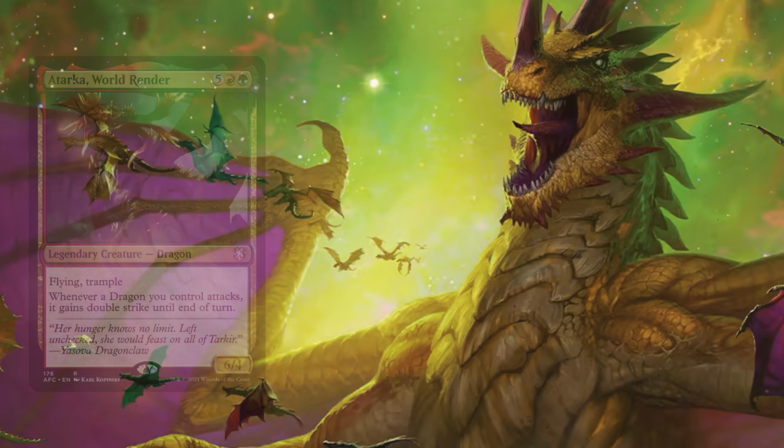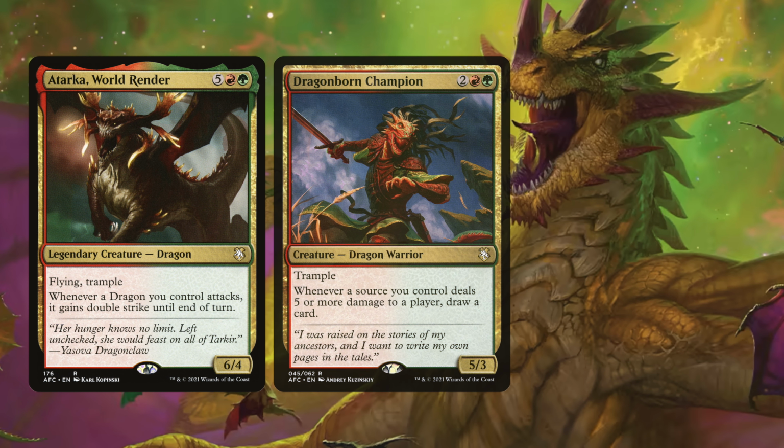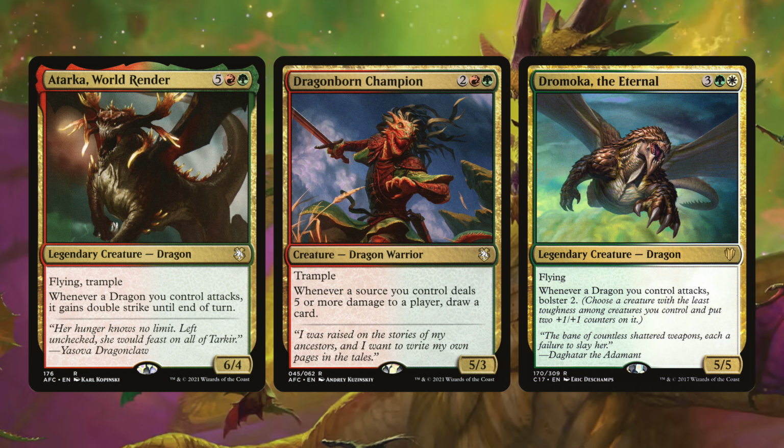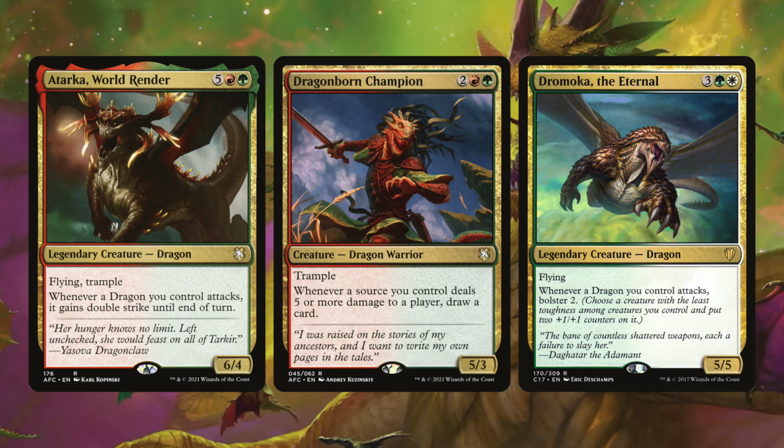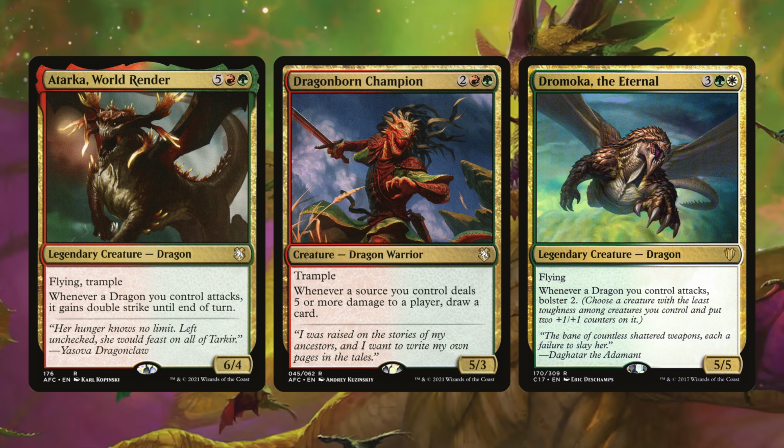Next, we have Atarka World Render, Dragonborn Champion, and Dromoka the Eternal. Atarka World Render gives dragons we control double strike. Dragon Lord Champion helps us draw cards whenever we deal 5 or more damage to a player. And Dromoka the Eternal has Bolster. So whenever a dragon we control attacks, we bolster 2,